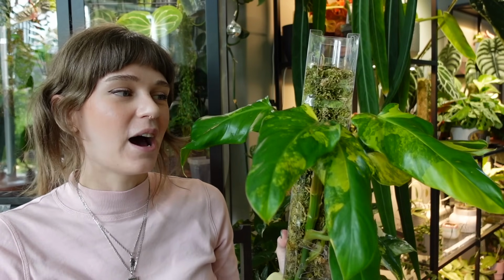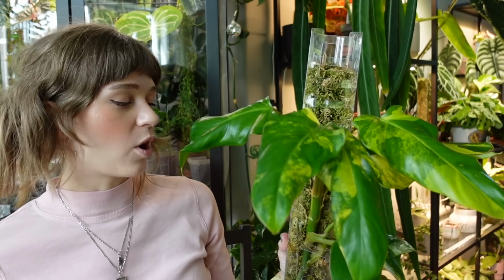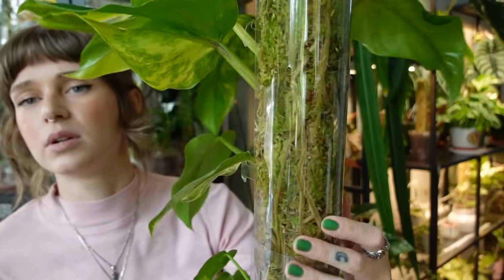This is one that's just been keeping me on my toes the past few months. I've been really excited to check on it and just watch the progress of it growing. And it's also just been looking so beautiful since I finally was able to get the leaves laying how I wanted them to be. So yeah, and tons of roots in the pole too. Like this thing